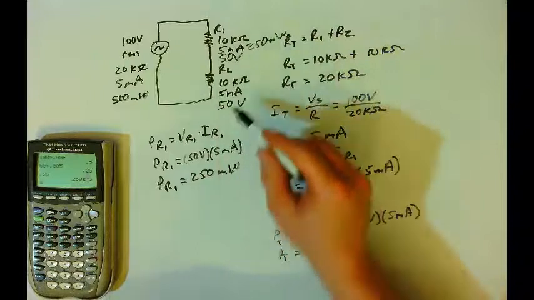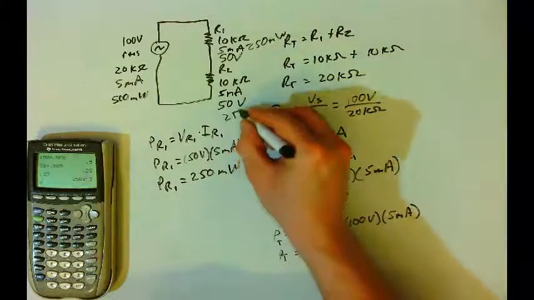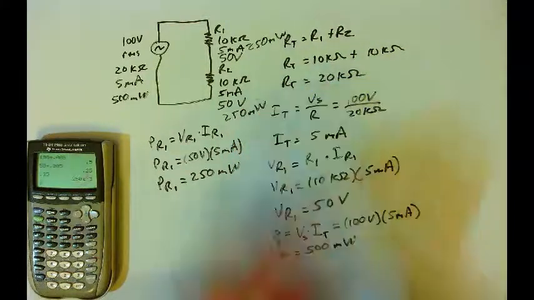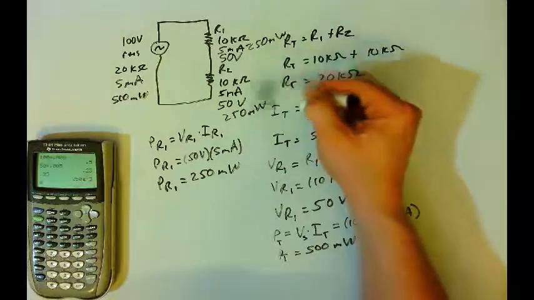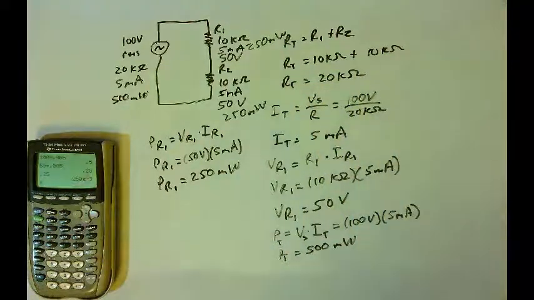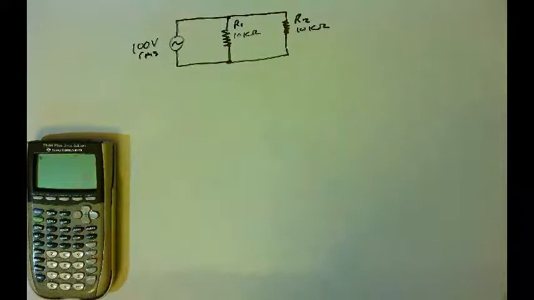for R1. We're going to have the exact same value here for R2 because we have the same voltage and the same current, and the power dissipated by each resistor adds up to be the total power dissipated by the circuit. In this example, we will look at a simple AC circuit that has two resistors in parallel,